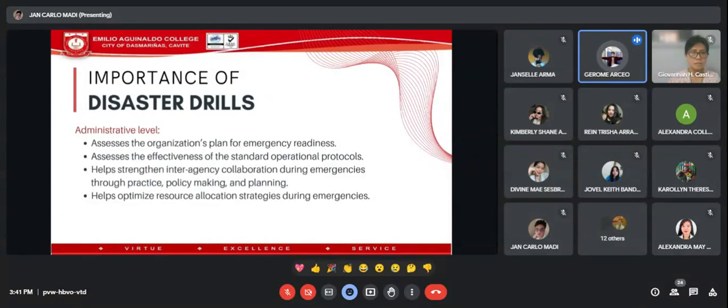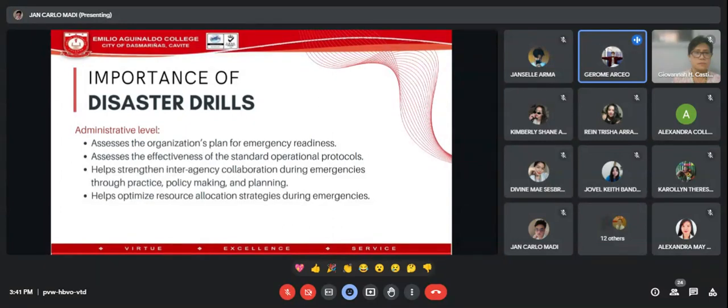It also helps strengthen the interagency collaboration during emergencies through practice, policy making, and planning. Pagka po kasi may disaster, hindi lang naman po isang sector ng government yung gumagalaw dyan. Tulungan po yan, like let's say may mga lindol, may mga earthquake disaster na ganun. So usually dyan tulong-tulong yung police sa pag-maintain ng public order, yung ating mga Bureau of Fire Protection para sa pag-aayos ng mga debris. Kapag pinapractice natin siya through disaster drills, it allows yung mas maayos na flow nung pagtutulungan